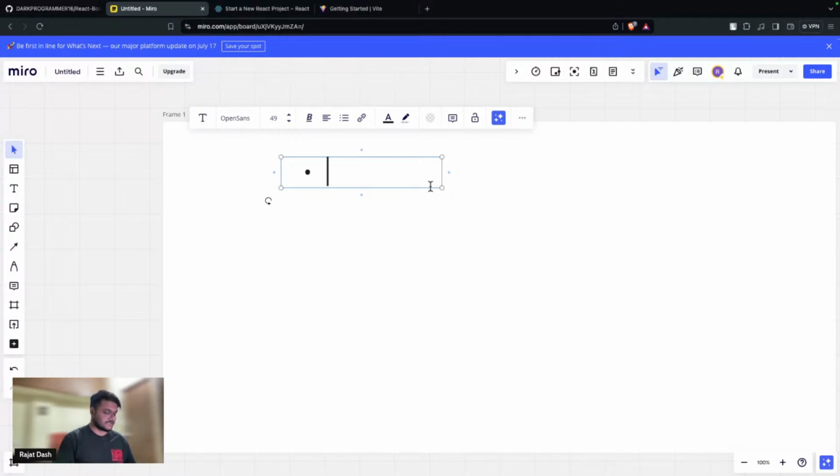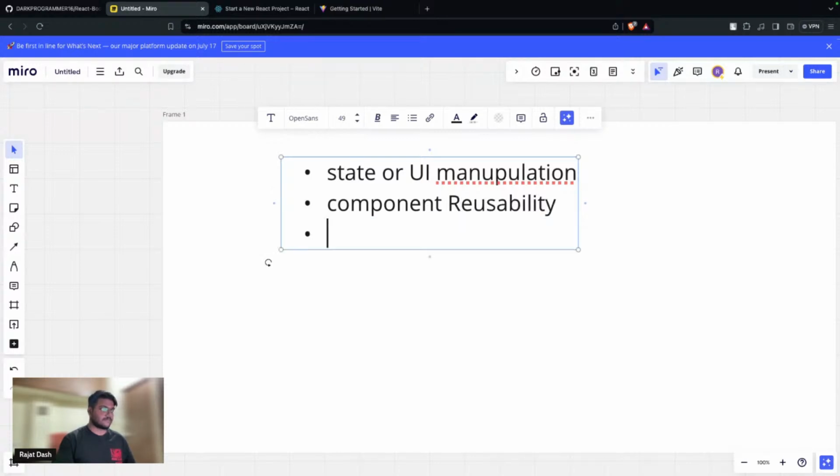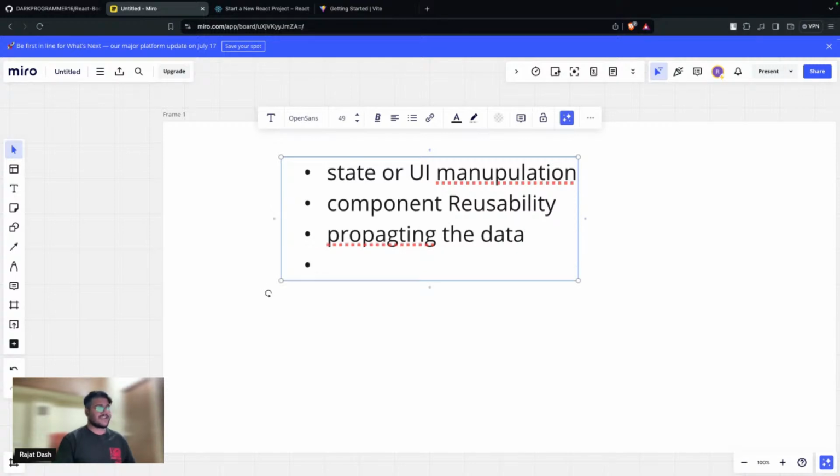Hold on. I just mention state or we say UI manipulation. Next, we have component reusability. Next, we have propagating the data. And finally, state management.